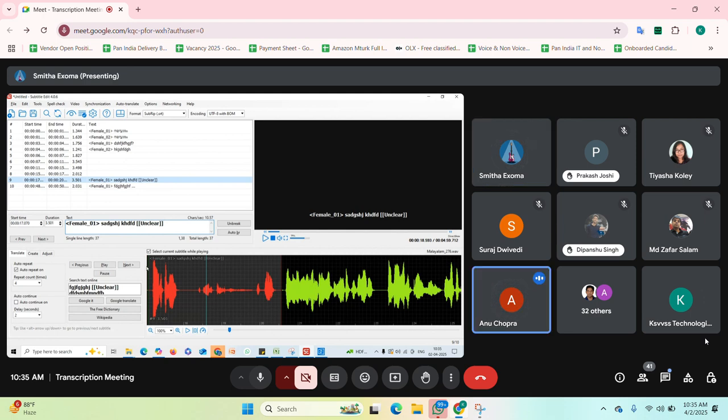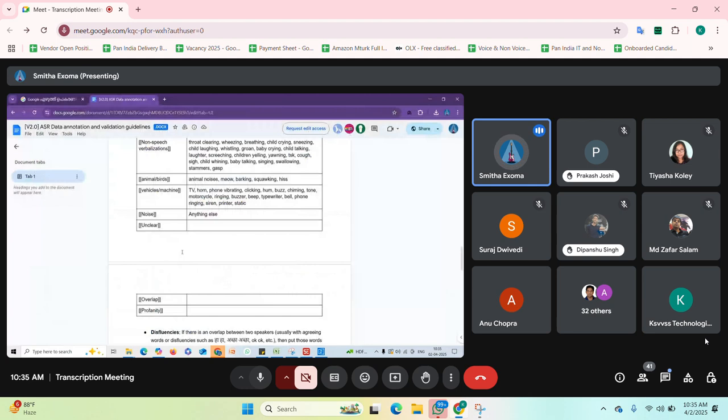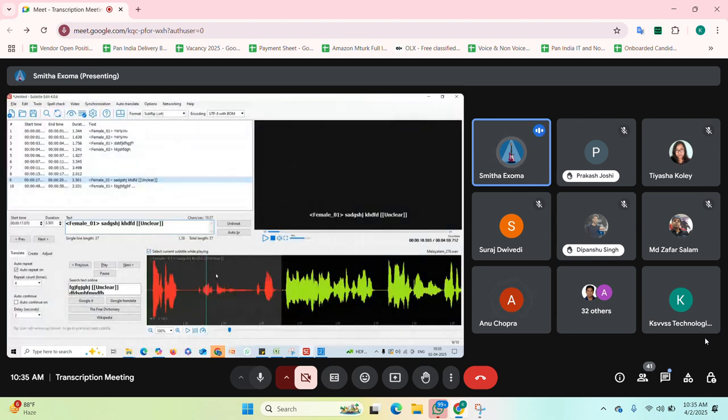Clear? These are the two scenarios where we use the unclear tag. The next tag is overlap. Overlap tag means